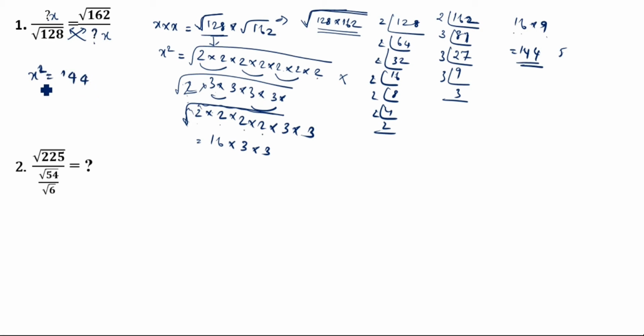You remove the square, no? So what you will do in this: x square equals 144. You remove the square, so you have to put root here. So this square and root are cancelled. So what is that? Root of 144 is 12. So the x value is 12.